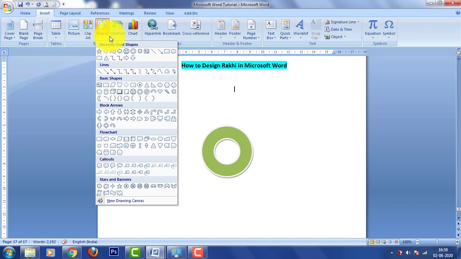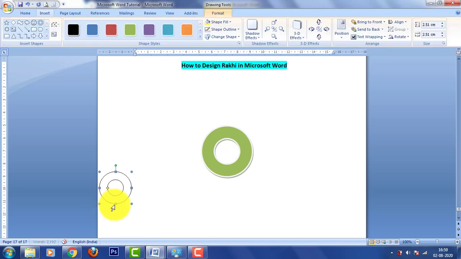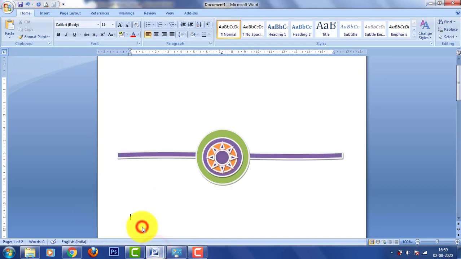Since you have used the donut from the basic shapes, it is displayed in the recently used shapes. You can select from here. Press the Shift key again, I repeat, to get a perfect circle according to the design.